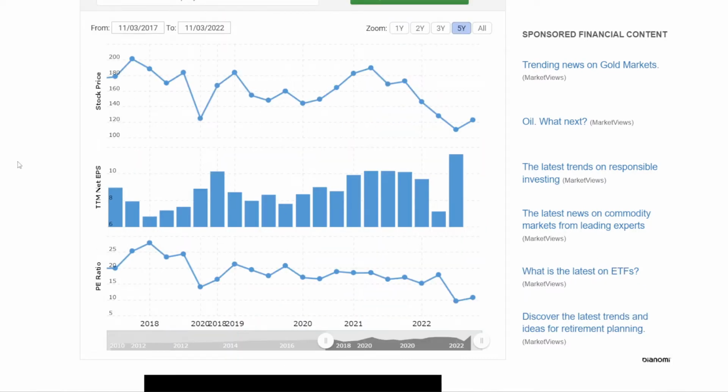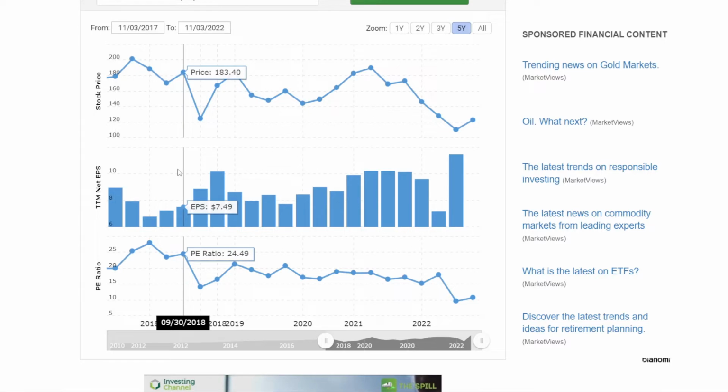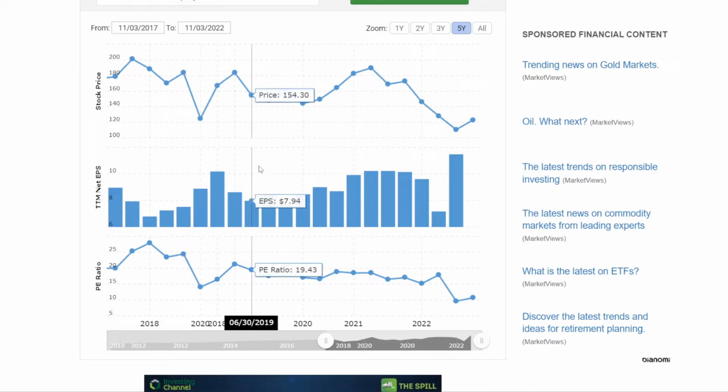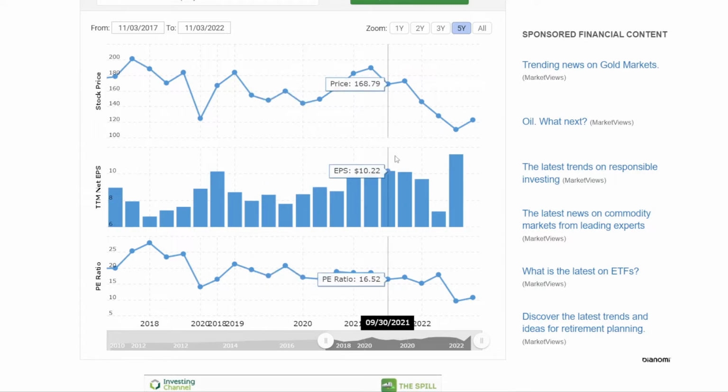Now the second metric we are taking a look into is the price-to-earnings ratio. So back in 2017 it was at 19.92, then in 2018 with the price moving sideways, but earnings per share going a bit lower, price-to-earnings increased to 24.49, then in 2019 we saw the price moving a bit lower, so price-to-earnings dropped to 19.43, 2020 P/E ratio again lower at 16.61, with earnings going higher in 2021, P/E ratio stayed pretty much the same at 16.52,